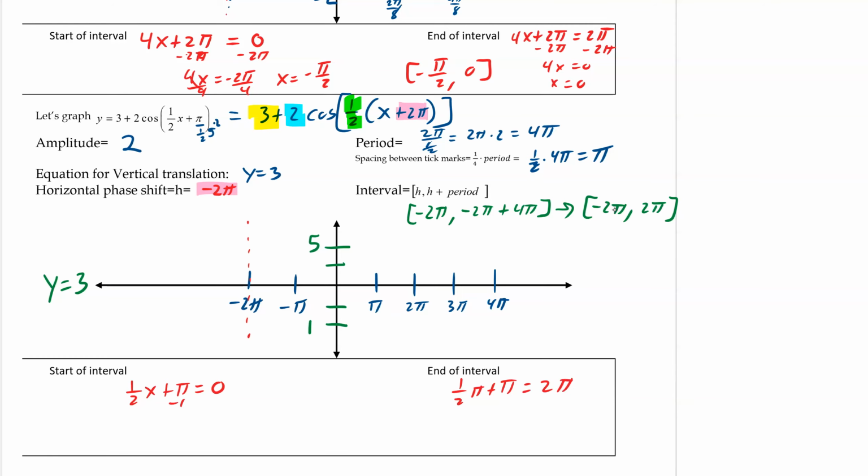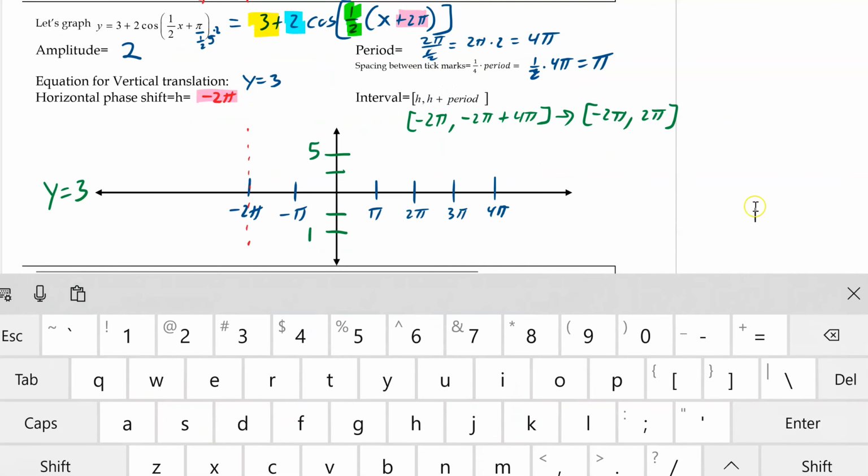And then solving this, times 2 times 2, so x equals negative 2 pi. That's exactly what we wanted. And 1/2 x equals pi times 2 times 2, x equals 2 pi. So you can see that we are still going from negative 2 pi